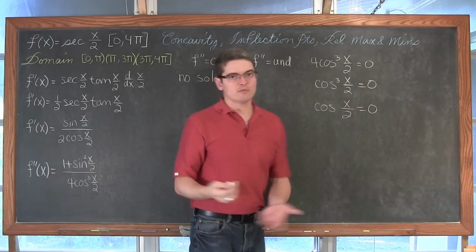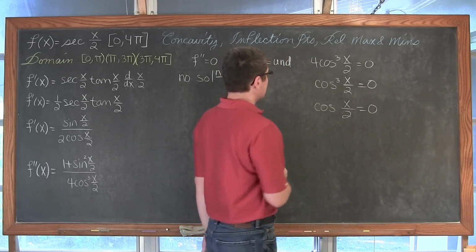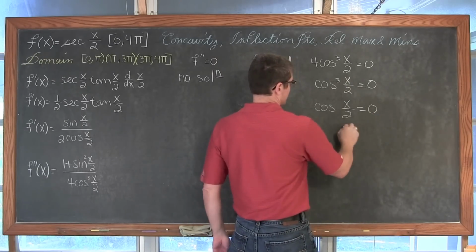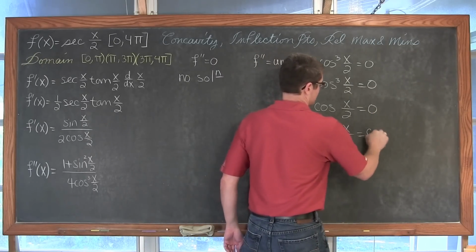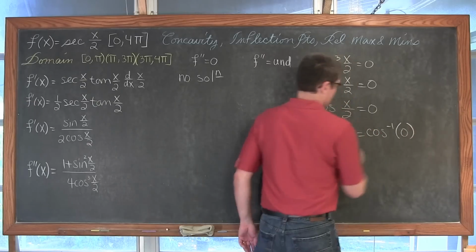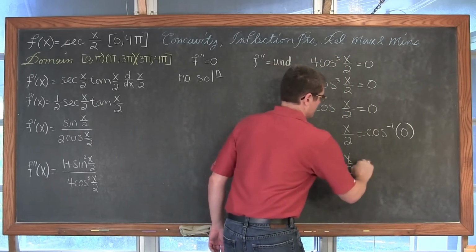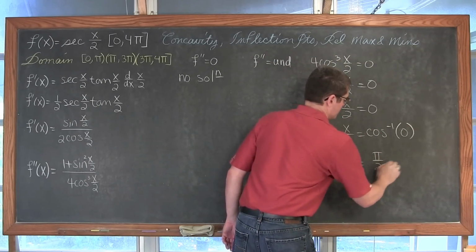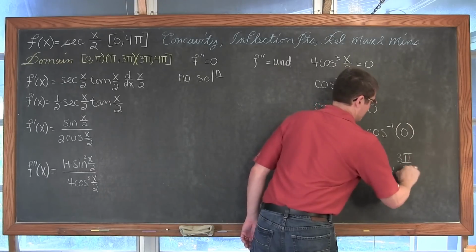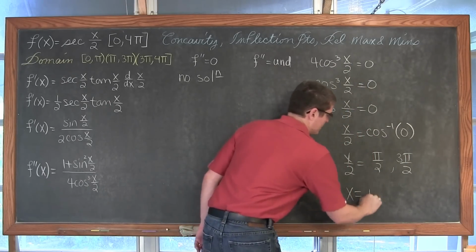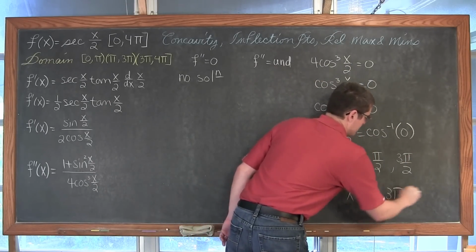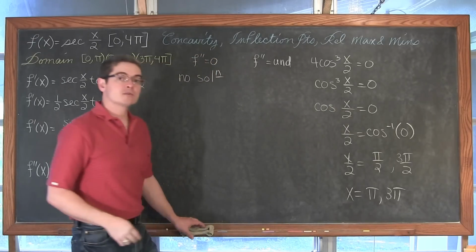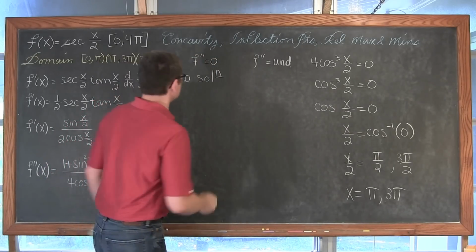And we already know from the previous work that our critical values here, when we take the inverse cosine of both sides, were again x over 2 is equal to pi over 2 and 3 pi over 2. Multiply both sides by 2 and we get pi and 3 pi, which means our test intervals that we're going to work with